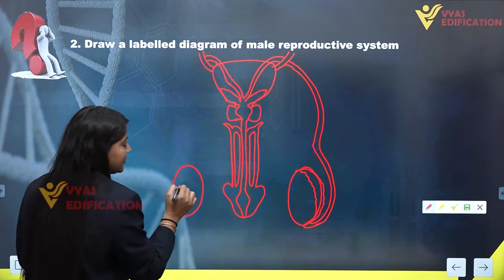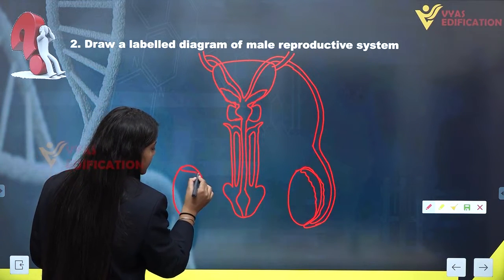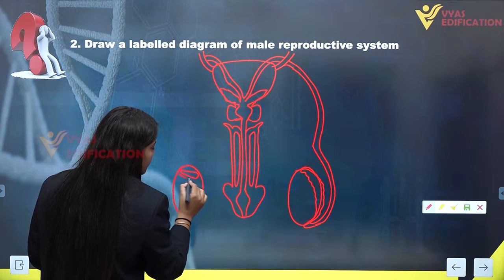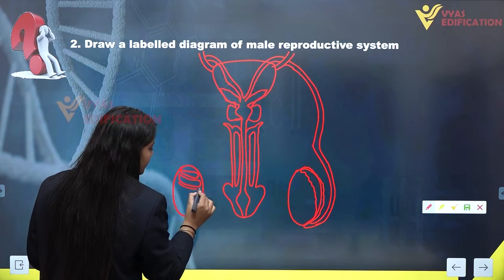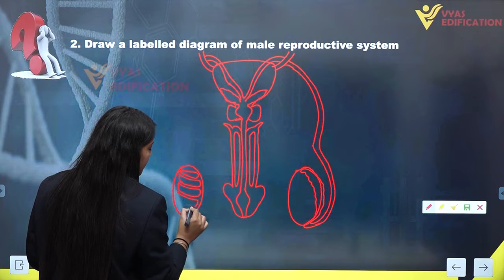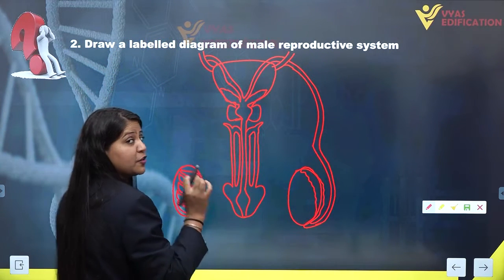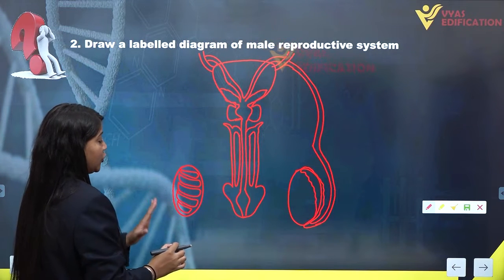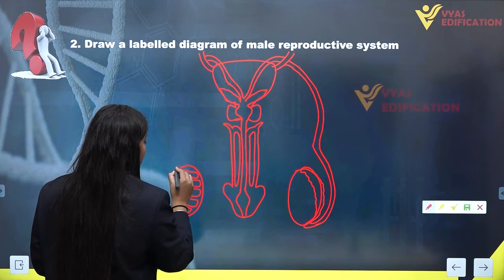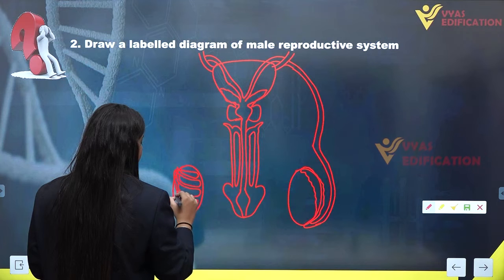Next, in this testis we are going to make the compartments which are known as testicular lobules, inside which the seminiferous tubules are present. These seminiferous tubules present inside the testicular lobules will form fine tube-like structures over here